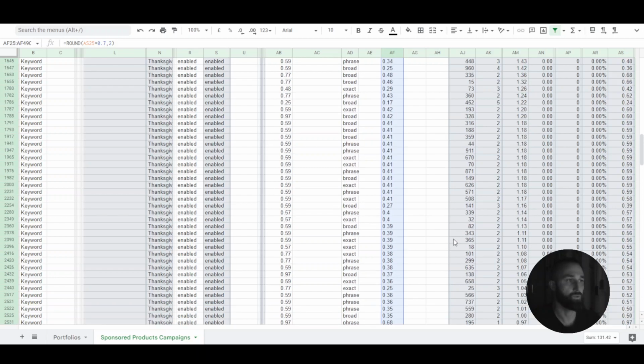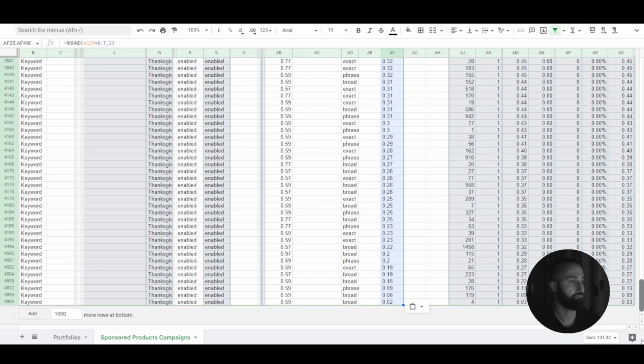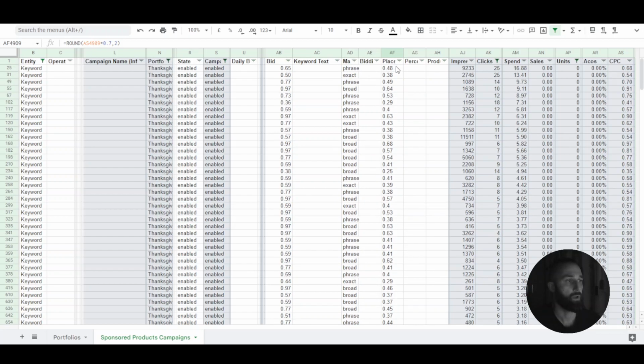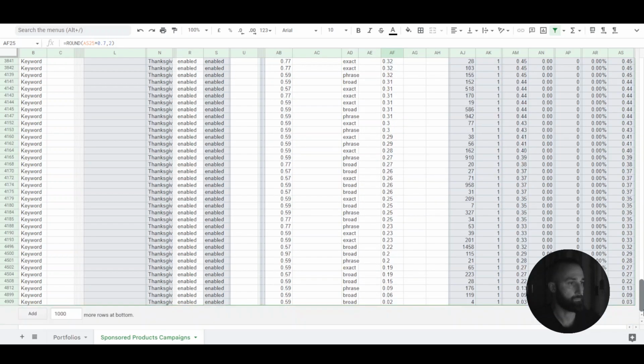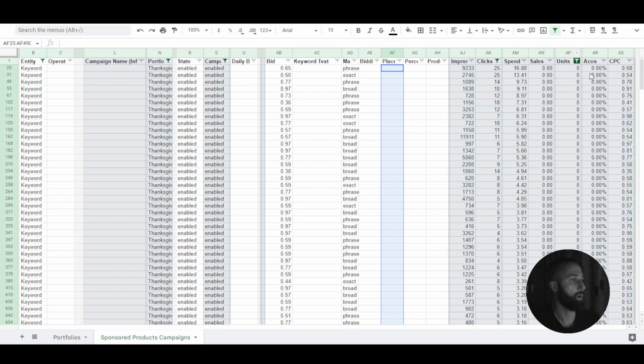So we could use this one, but as you see, some bids were really low, and we would end up in really low bidding. So another way to look at it, let's delete that. Another way